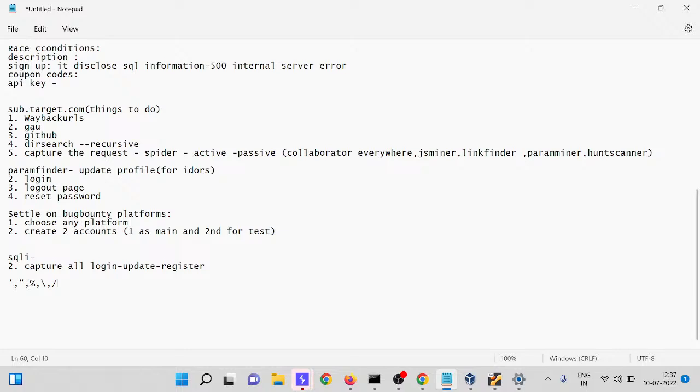If it gives you an error, send that request into SQLMap using this.